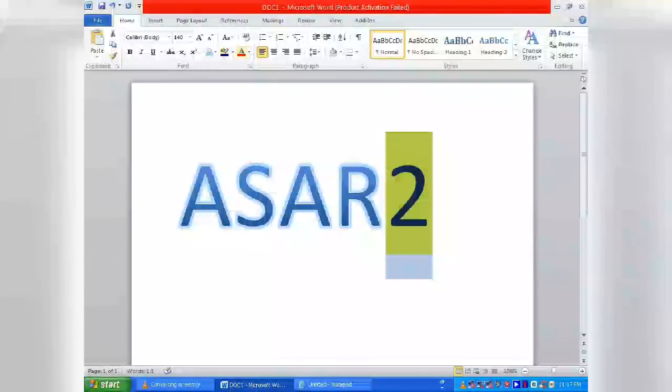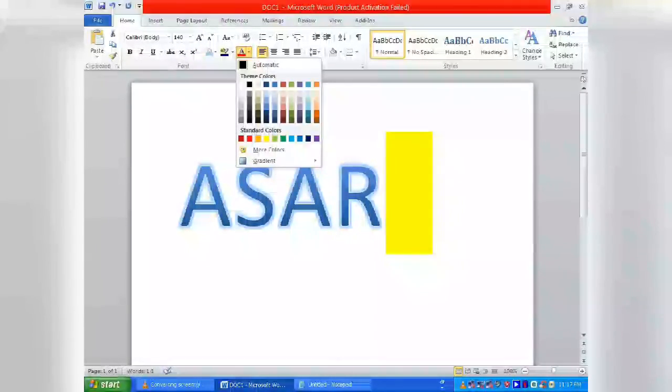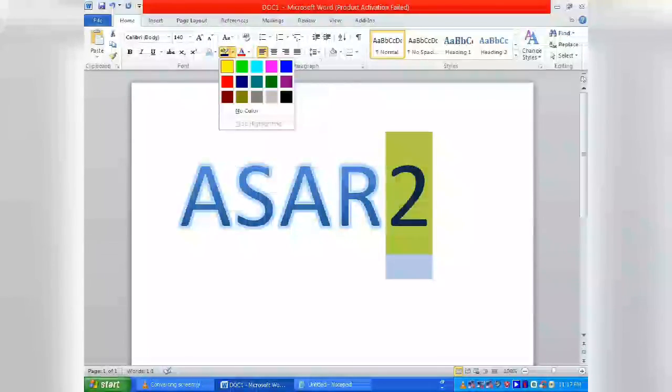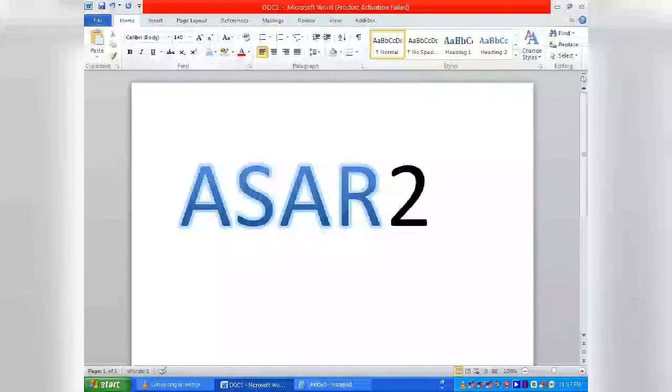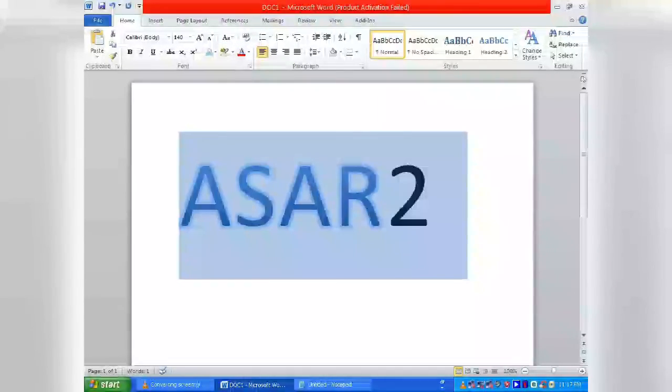See, I'm changing the font color also. The font color is changing. See, the font color is changing. And the font backside is also changing. See, the backside color is also changing. Now you can also change, see, all the colors are changing. I've selected all that and I am changing all the colors. So these are very easy things. Just you have to practice and you will gain everything.